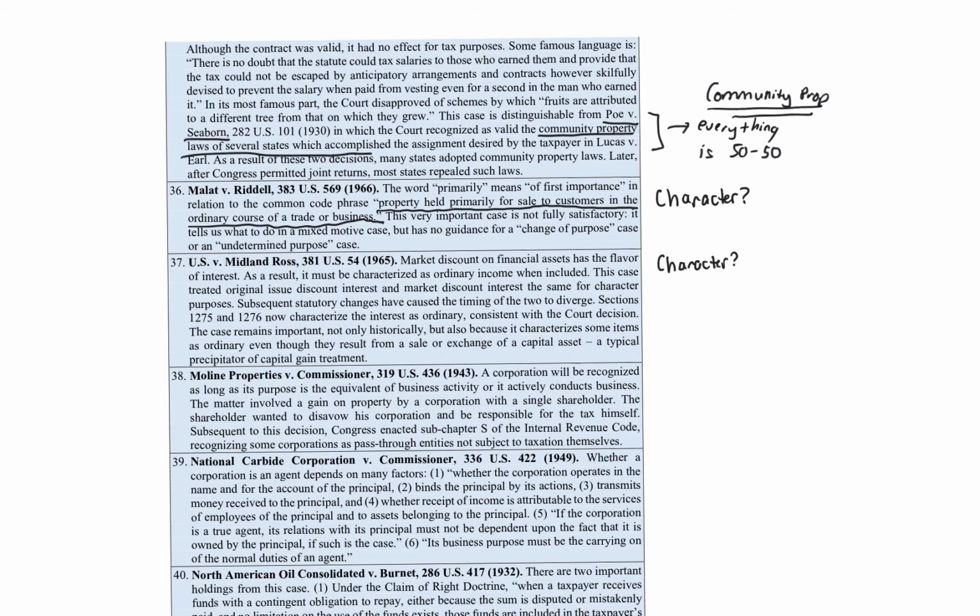So original issue discount. I've mentioned this before. Original issue discount, best way to think about it is think of it like a junk bond. You buy a bond or invest in a bond real cheap, and maybe after 20 years, 30 years, you expect to get, maybe you buy it for $100, you expect to get $1,000 in 30 years.